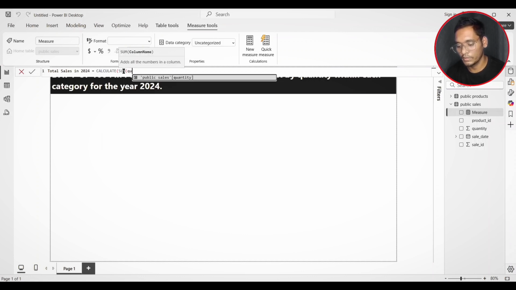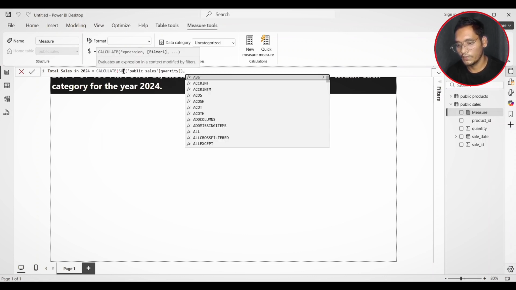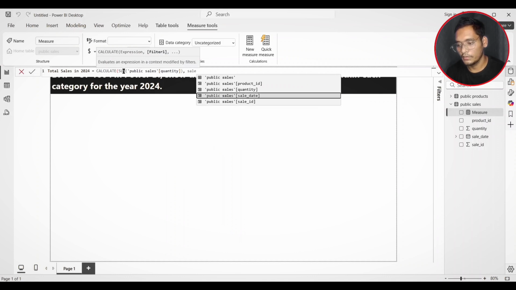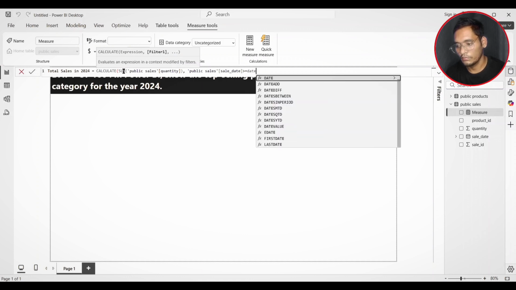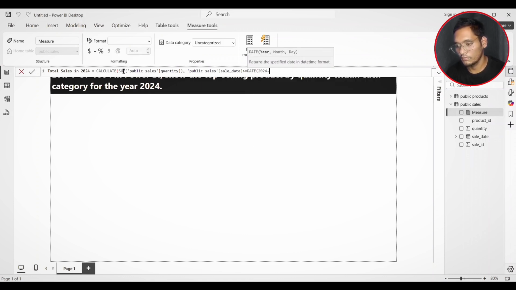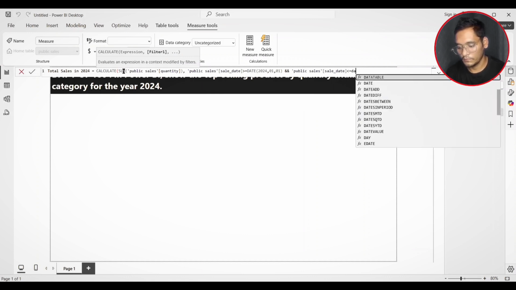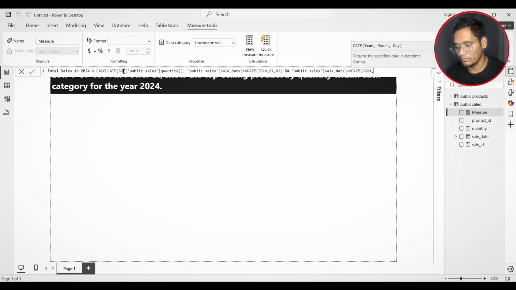Expression will be sum of quantity and the filter is sale date is greater than or equal to DATE 2024, 01, 01, from 1st of January, till sale date is less than or equal to DATE 2024, December 31st.